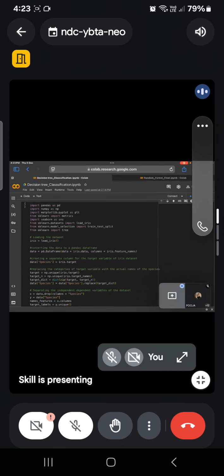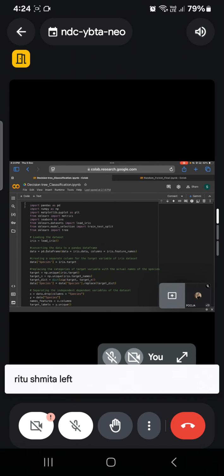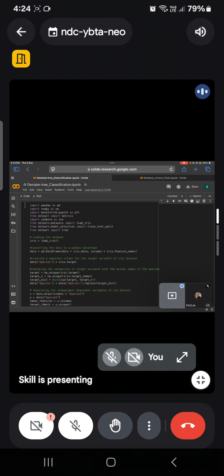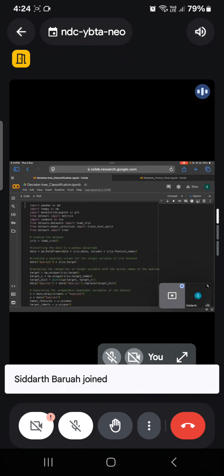So this will retrieve the unique species names from the iris target names, so that we are actually finding the unique species of all the varieties. And upon that, we will be classifying how many belong to the Setosa, how many belong to versicolor, and how many belong to virginica. So for that, we are using this. And then we are just replacing the data species column